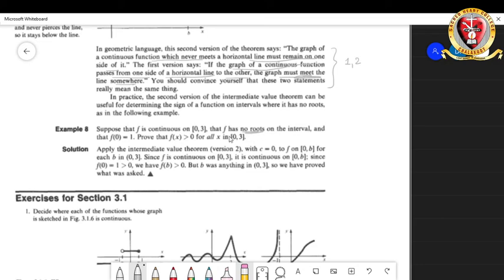Okay, we have to prove that f has no roots. That means we have to say that f doesn't pass through that horizontal line we are going to choose. A function has roots if f of x is equal to 0 for some x in the domain. So we are saying that there are no roots. So you have to choose c to be 0. You have to see that there exists no x such that f of x is equal to 0, or you have to say that f of x is not equal to 0 for every x. This is our aim. So for that, choose c is equal to 0,